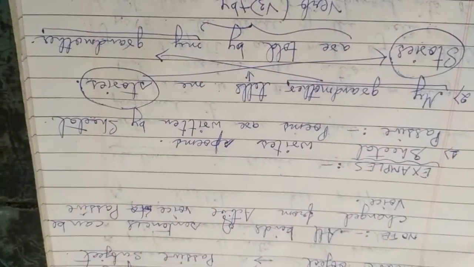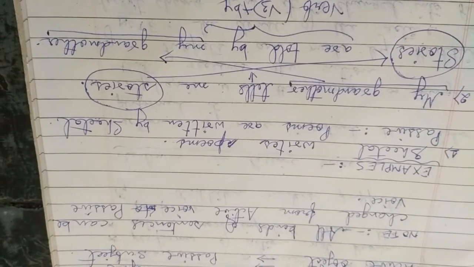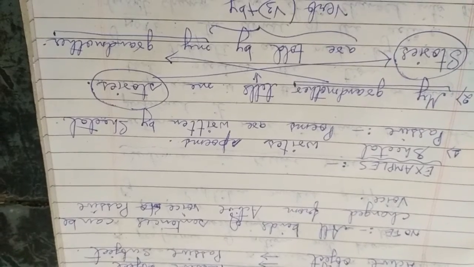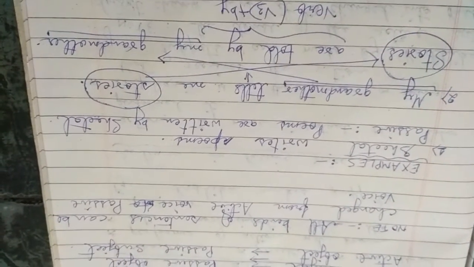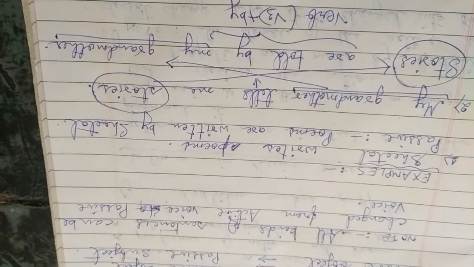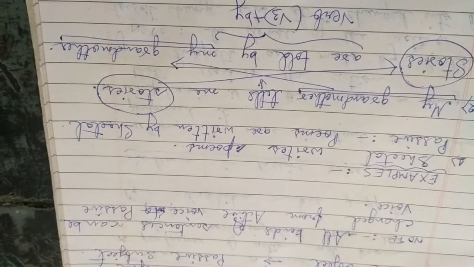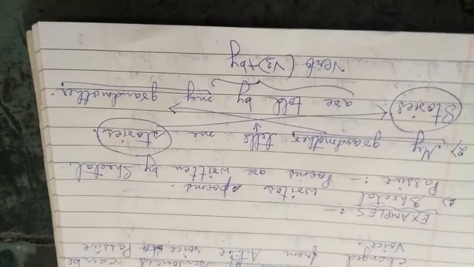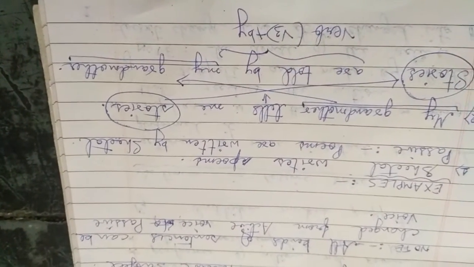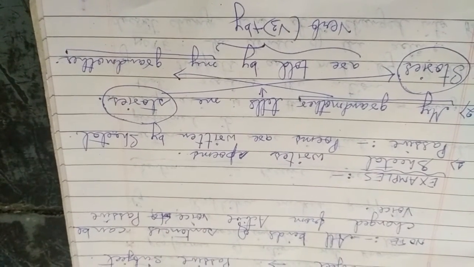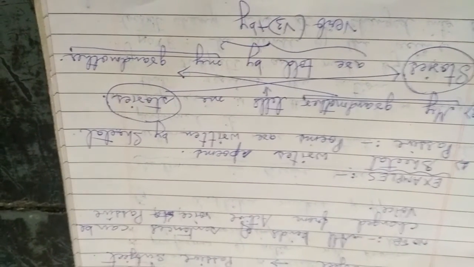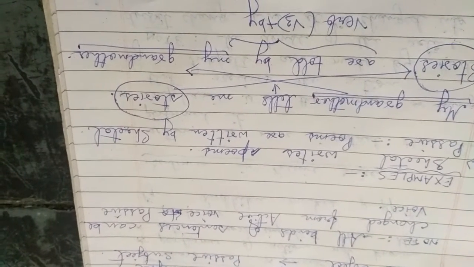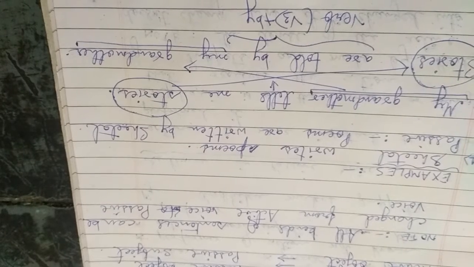Sheetal writes poems. As you can see, the syntax of active sentence is subject plus verb plus object. Subject was singular, Sheetal. So the verb with S has been carefully used here. Writes poems. Poems, which is the object, becomes the subject in the passive. Sheetal, who was the doer of the action, that is the subject, becomes the recipient of the action. So we get: poems are written by Sheetal.